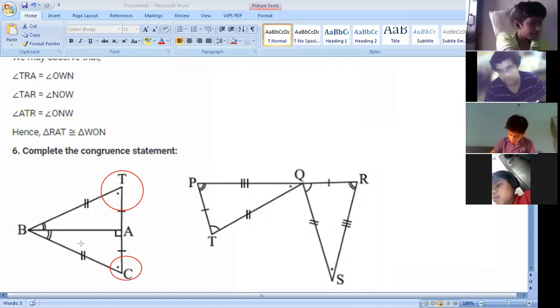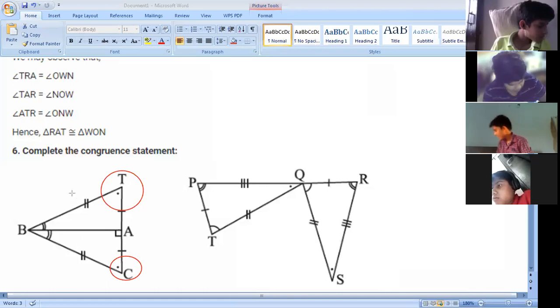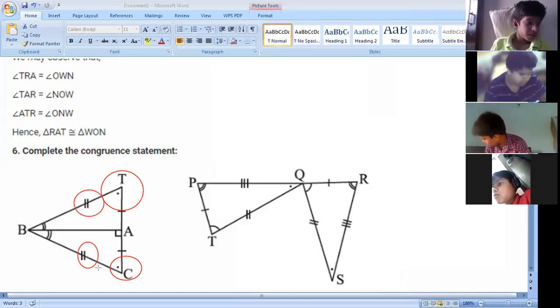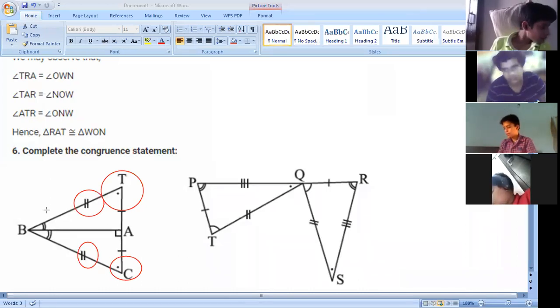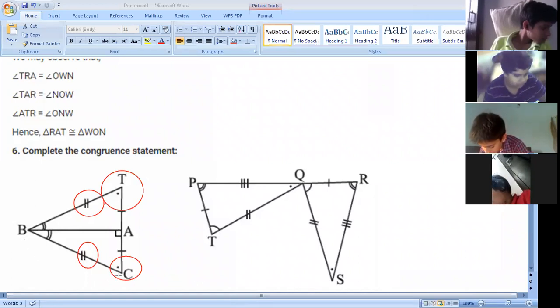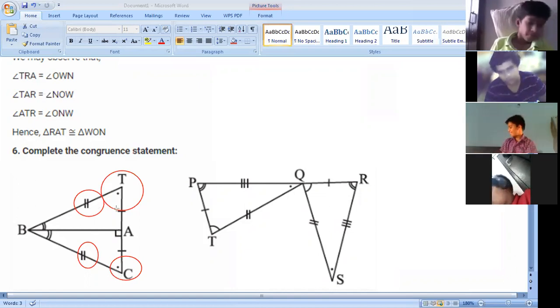Just see the symbols, beta. Check the symbols. Same symbols. Can you see this symbol? Yes. And this one? These both are the same. It's not BTA. This is a symbol of side. That is, BT side will be equal to BC side. Yes, you are right. And any other symbol you can see here?